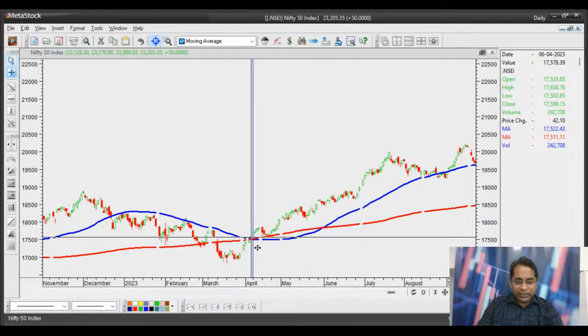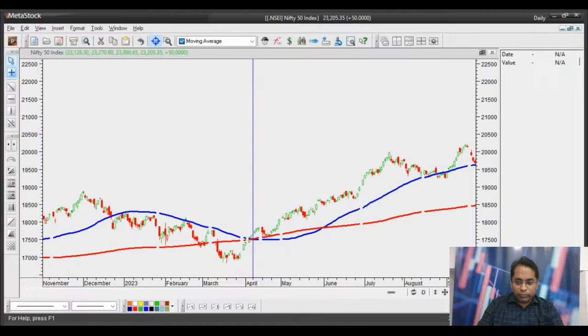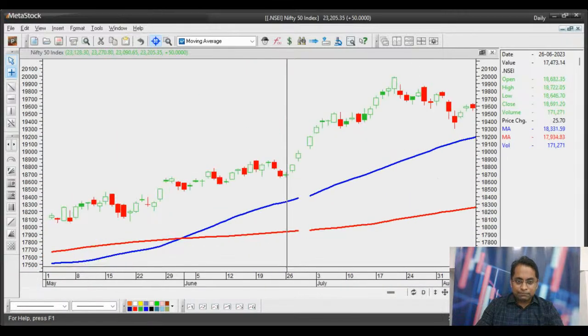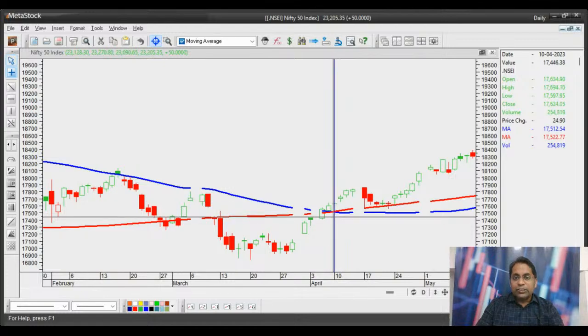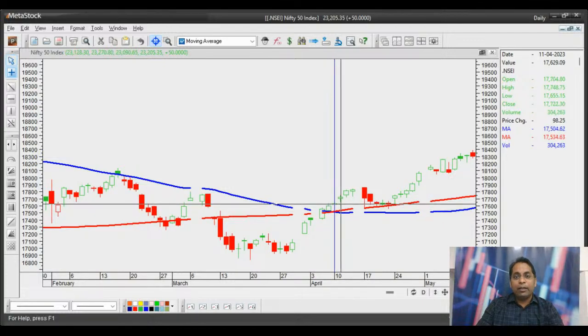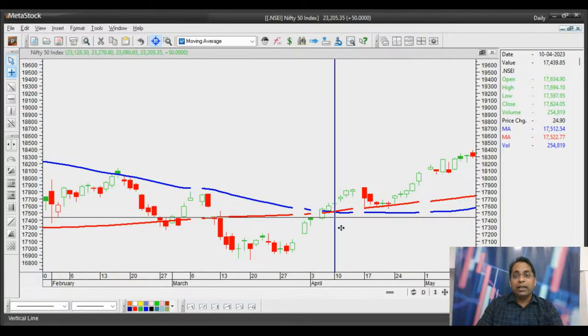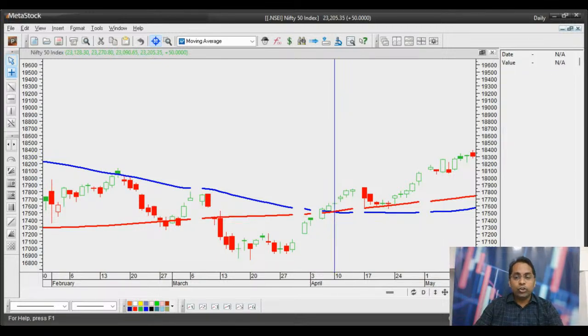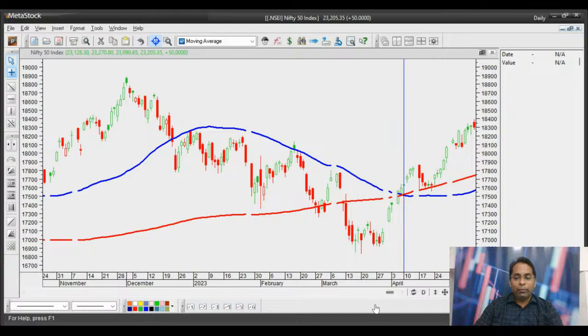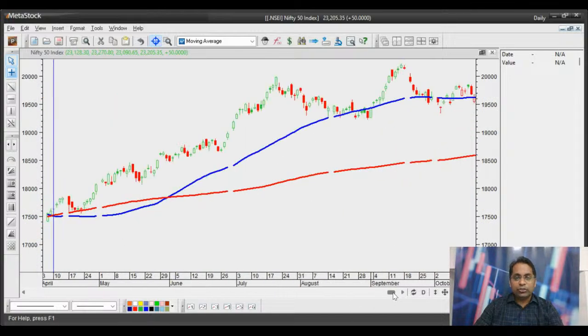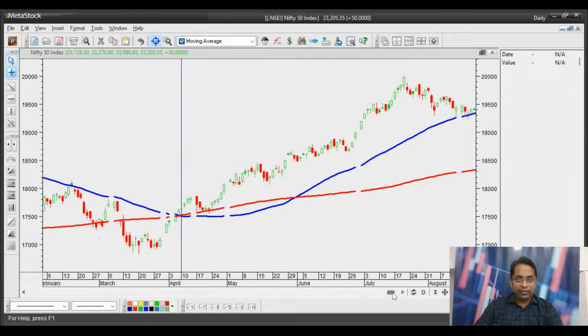Death crossover, which means that so if I zoom this, yep, now I think you can see it maybe very clearly. So this death crossover means the 50 DMA crosses below the 200-day moving average. But in this case, this did not convert to be a big trend on the downside. In fact, death crossover proved to be a false signal. And what happened post that? Post that, we actually saw the index moving up higher.